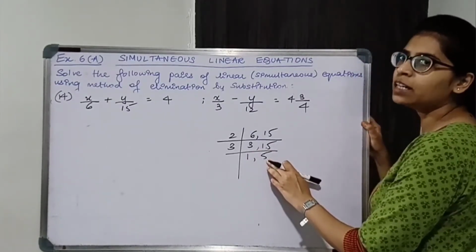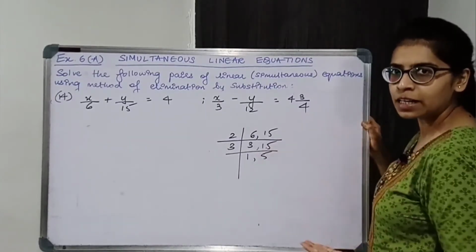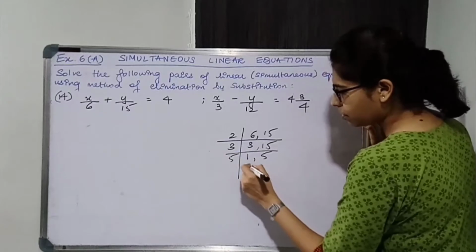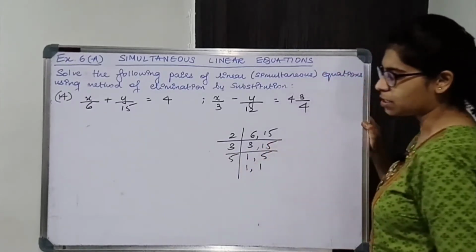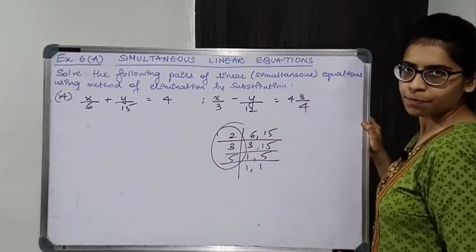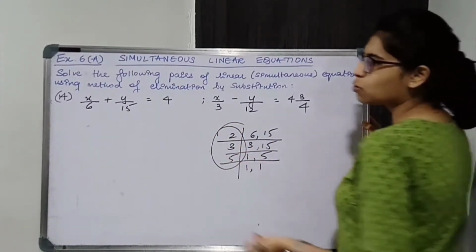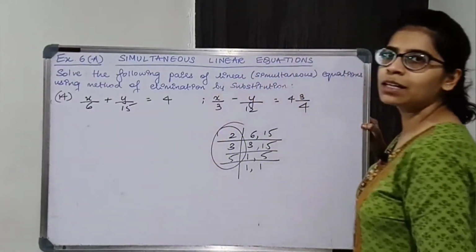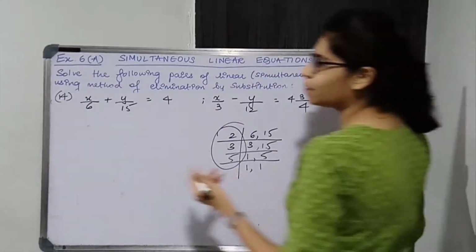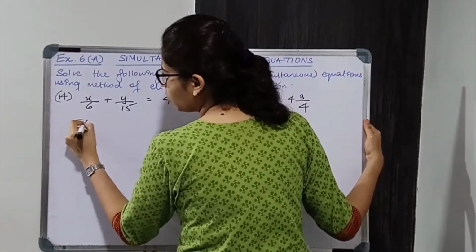यहाँ पे अभी तक 1 नहीं मिला है, so I need to divide by 5 to get 1. So 5, this one will remain as it is, 1s are. Now we got 1 1, so these are the factors. Okay. So 2 3s are 6, 6 5s are 30. So 6 को किस से मल्टीप्लाई करेंगे? 6 को 5 से मल्टीप्लाई करेंगे. So multiply by 5 in both numerator and denominator.